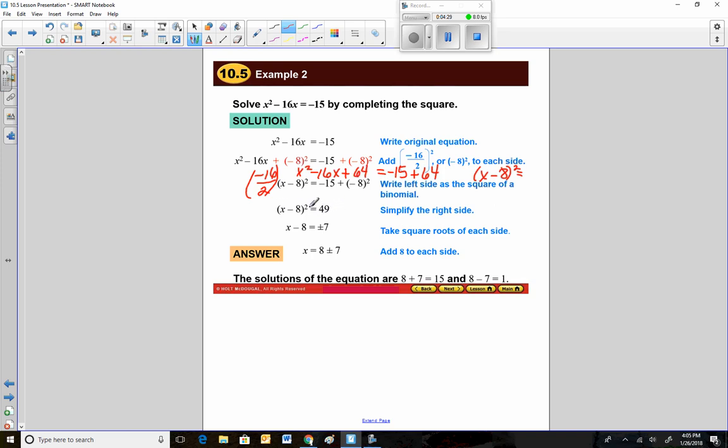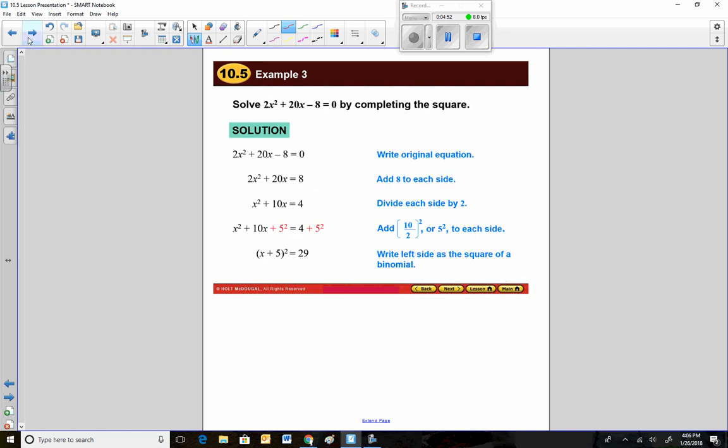Now how do we undo a square? We square root. So square root, square root. This becomes x minus 8, and this becomes plus or minus 7. To move the 8 over, we simply add 8 to both sides. And so we have x equals 8 plus or minus 7. All right, let's try